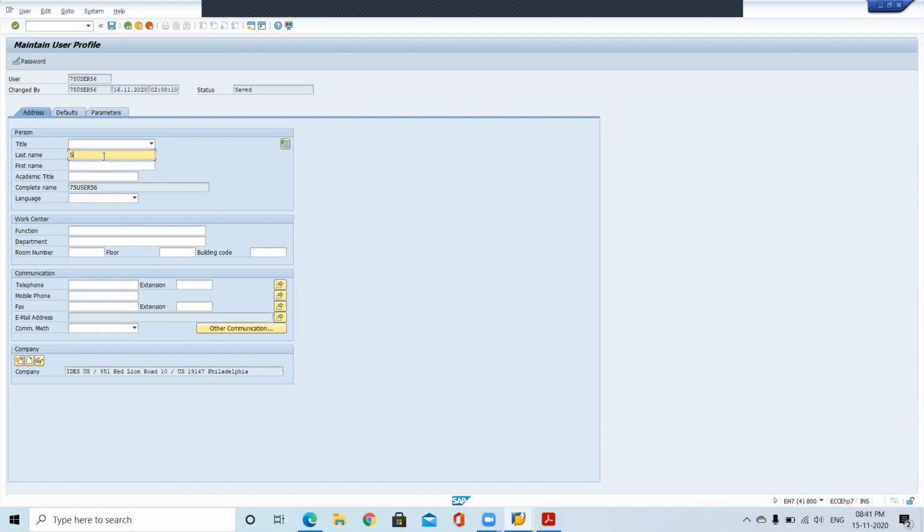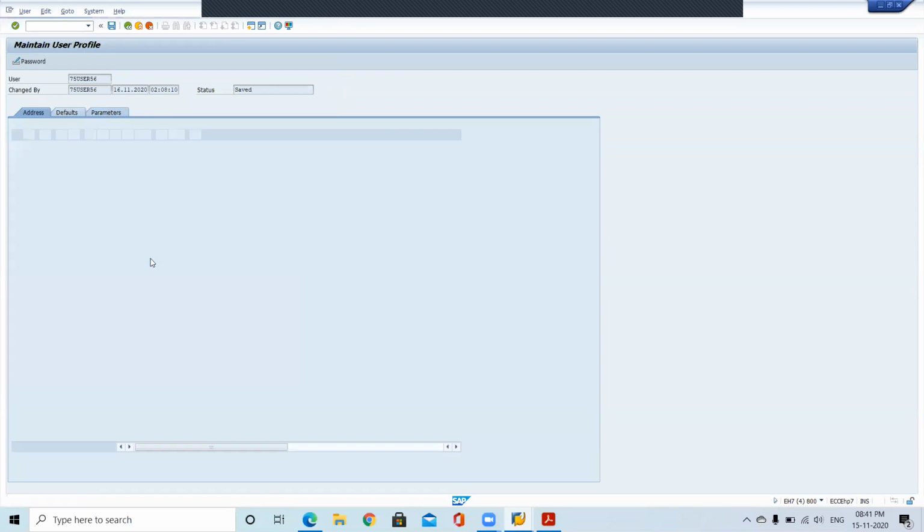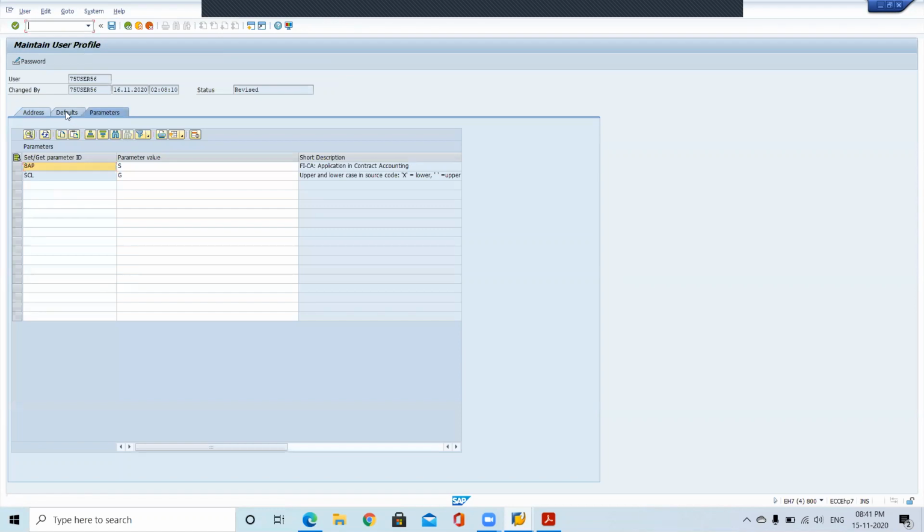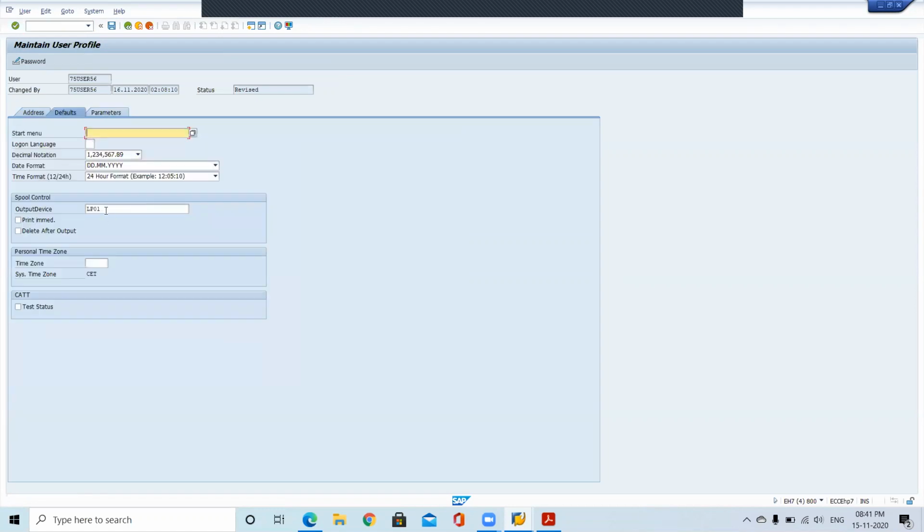Here you can specify Shravan Kumar, that is my name. If they are specified with a different name, then you can write your name. In the same way, in these default parameters we are specifying the printer. So that printer it will take.